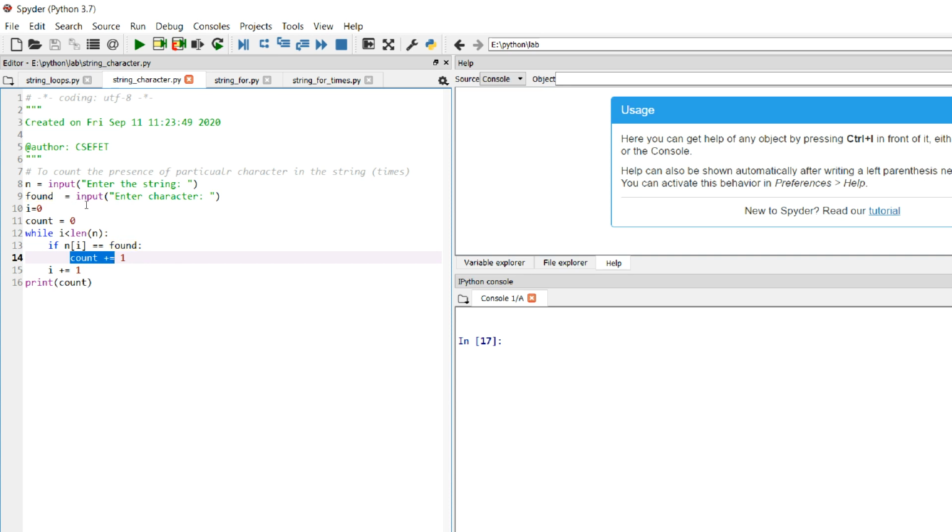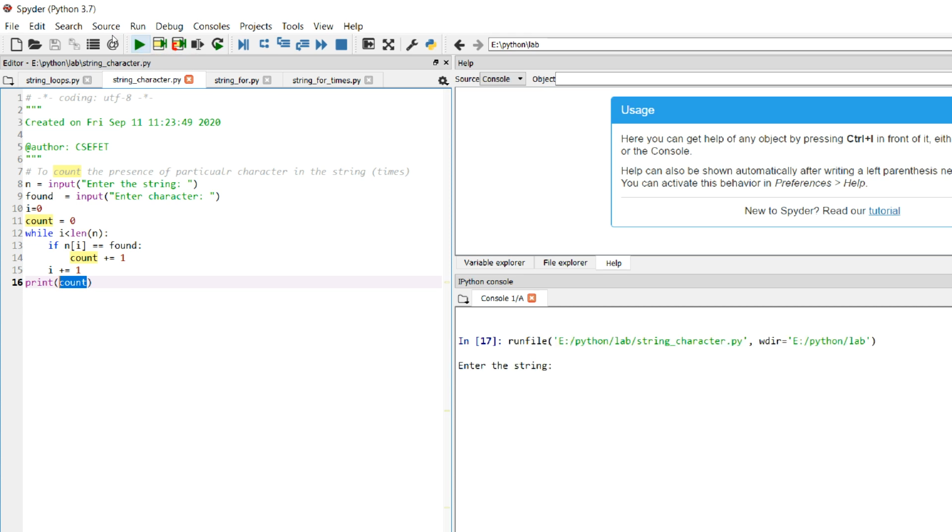Even if it matches or even if it does not, the loop will run for the length of the string, and for each character it will match it with the character which the user has inputted in found, and it will keep on incrementing the value of count. At the end we get the value of count, that is how many times the character was present. To make it more user friendly, we can print that the character has come so many number of times, and if it is not there, then we can say that the character has come 0 number of times. It could be changed in the print statement as per the desire to make it more user friendly.